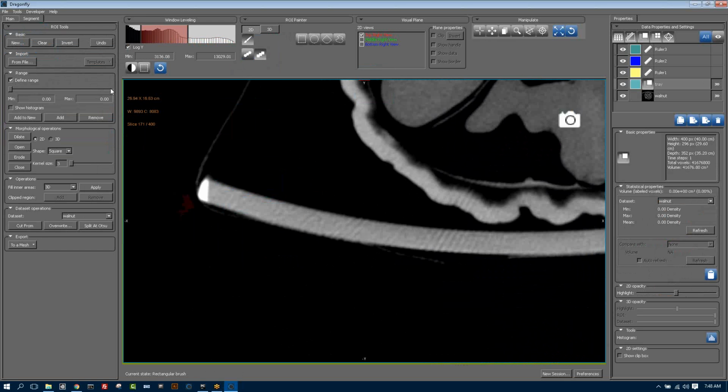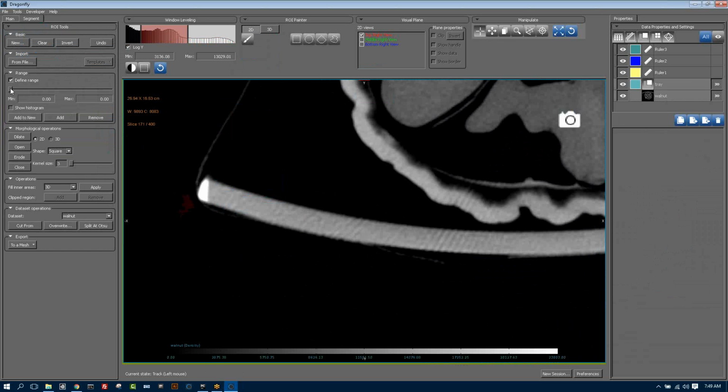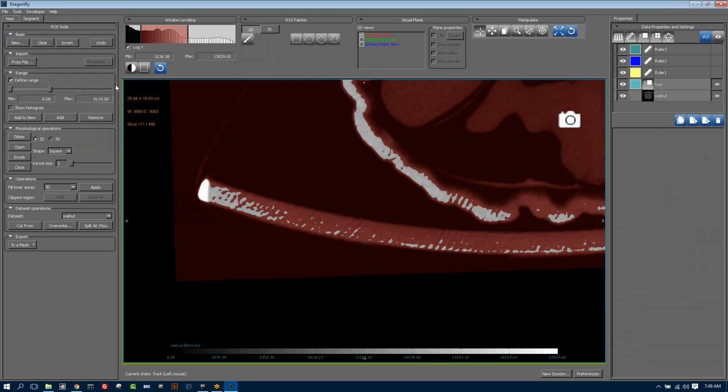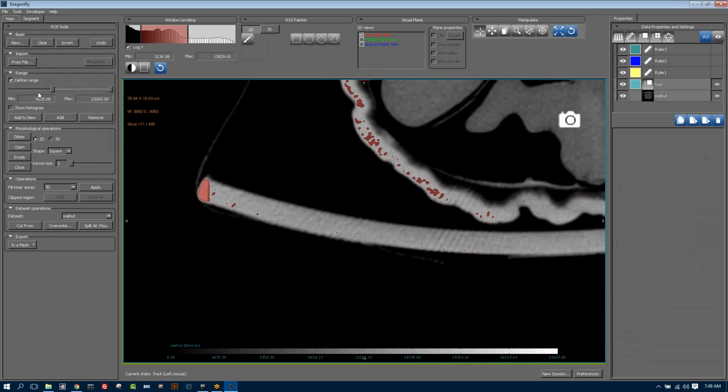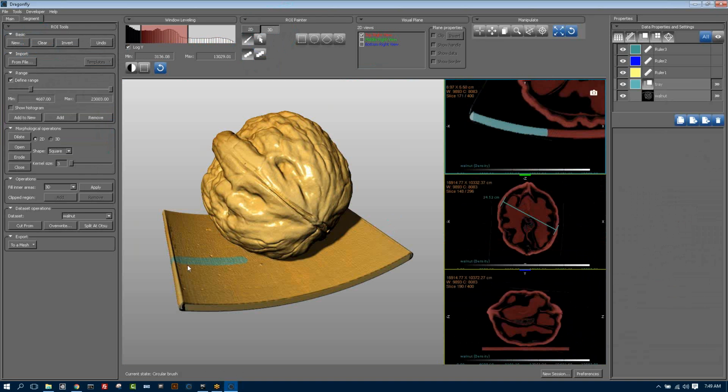And so if I define an intensity range on walnut, and let's do this. Let's turn on walnut and tray and show an intensity range that corresponds to the pixels of the tray. Now what I can do is I can take my paintbrush, and now I can paint, and it's only going to paint underneath the paintbrush and where the intensity range is matched. So this allows me to go much faster. For that matter, I can use a 3D paintbrush, and now I'm painting a sphere. If you look in the 3D view, you can see that that sphere cut right through and painted in multiple